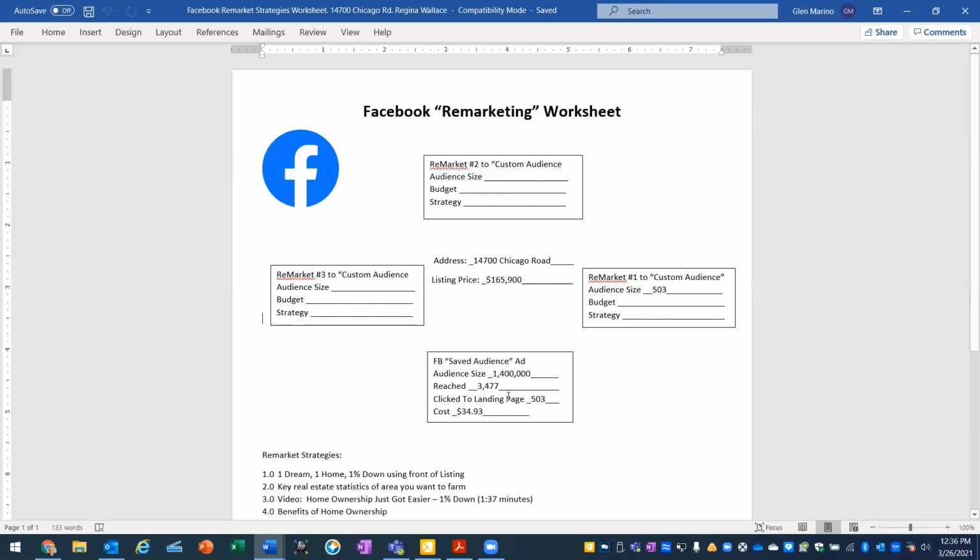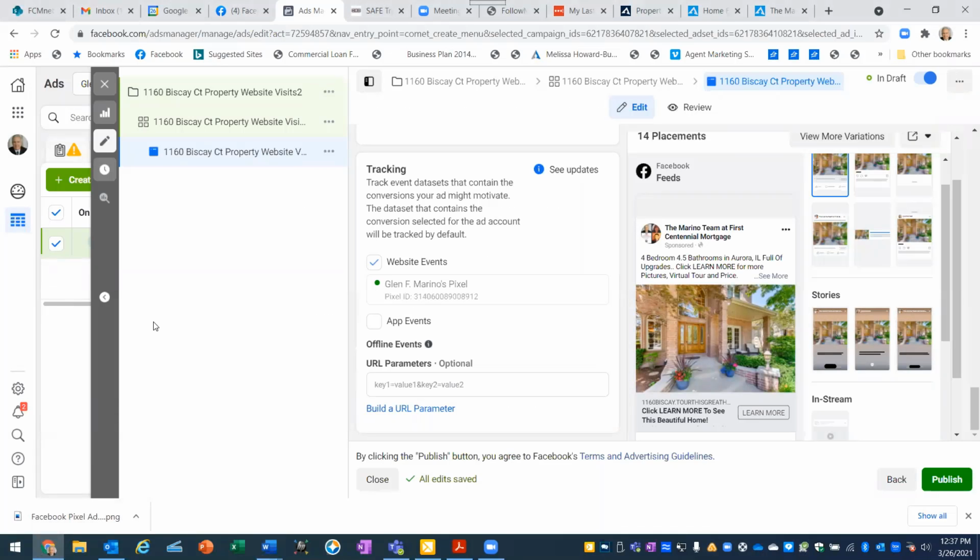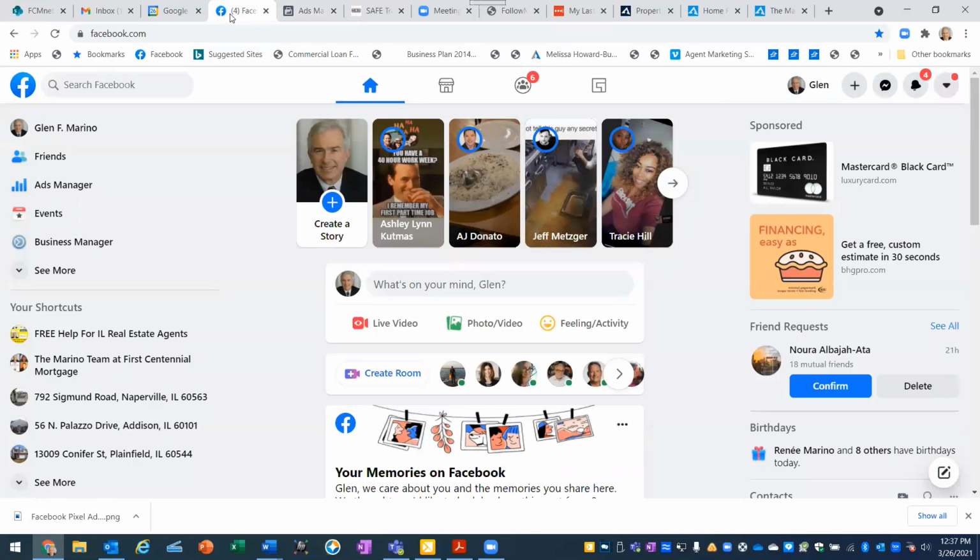Not bad. So then what we're going to do is when we remarket to the 503 people, we now have them in that. Remember, we had that custom audience, and Facebook says it's less than 1,000 people. So how do we know that there's 503 people? When we go over here to Facebook, and when we go to Ads Manager,